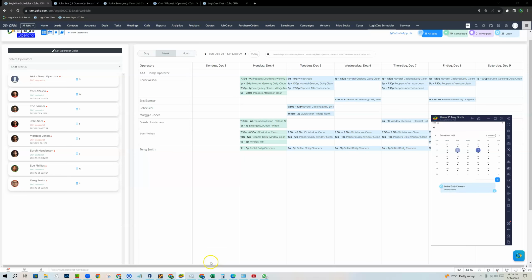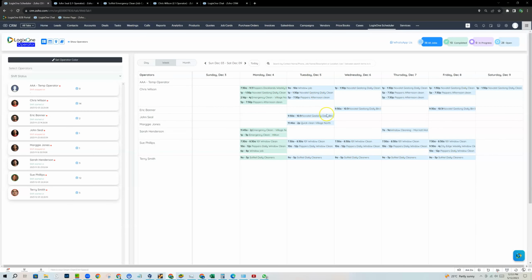Now, let me show you what's happening now when the guys in the field are finishing their jobs. All right. So if I come back to today, which is the 5th here, you can see I've got all these open jobs. You can tell that they're open because they're blue here. So basically, what I can do is see, I've got all these open jobs for today. Okay, none of them have actually been finished. But then let's